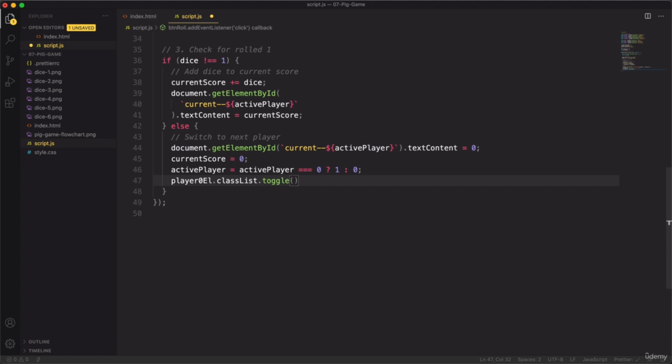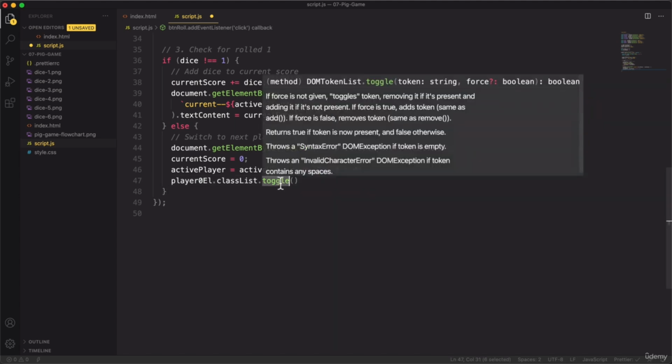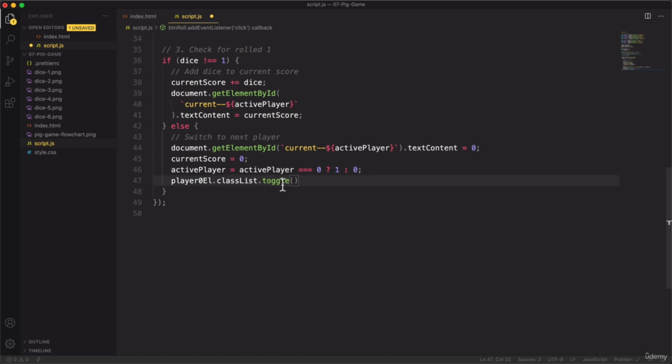Okay. So we could do that manually also by checking if the class is there and only removing it if it is. But using toggle takes that work away from us. So actually, we could have used this toggle method in the previous project of the pop-up, but back then I actually wanted to show you the contains method. Remember that? But now, again, we will use toggle here because it is easier. And so now we simply have to add this player--active class, or actually to toggle it. So if we do that on both,